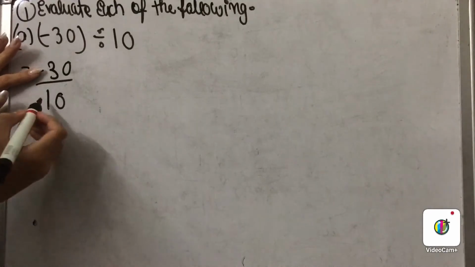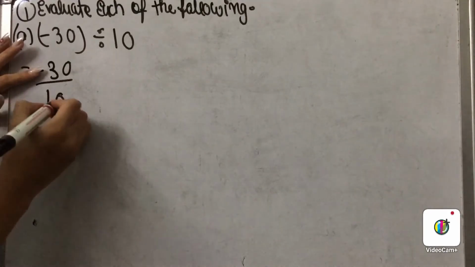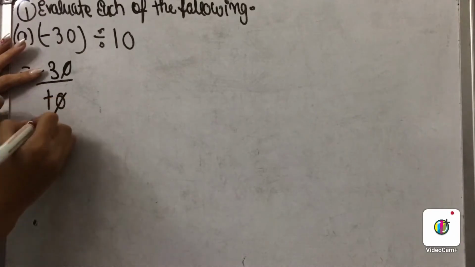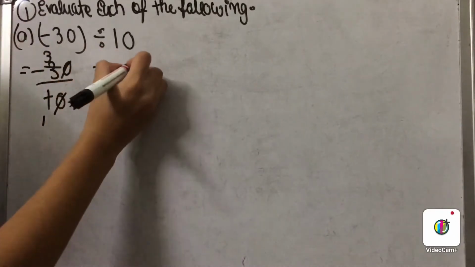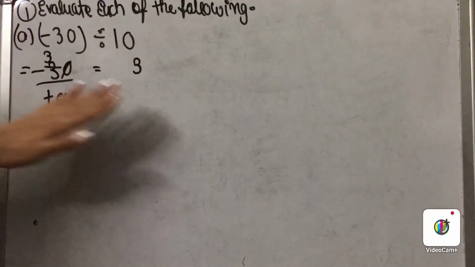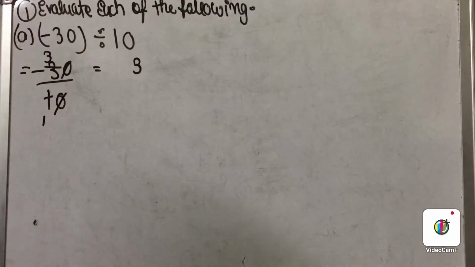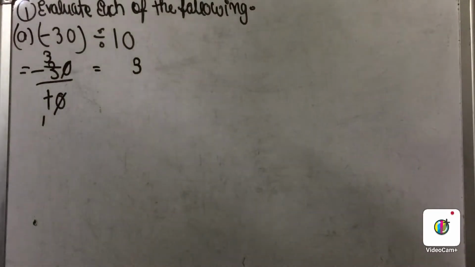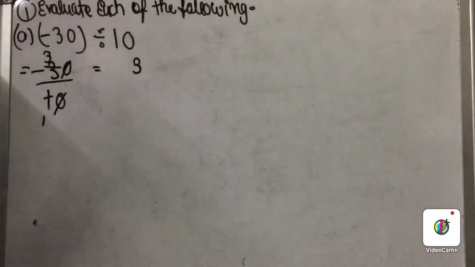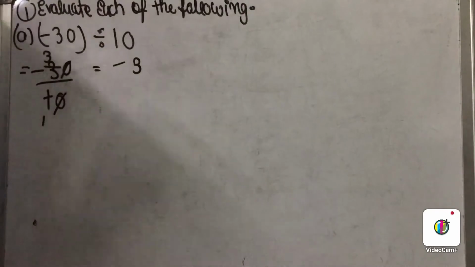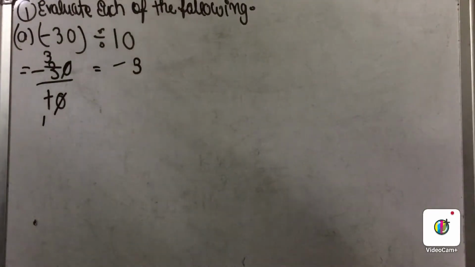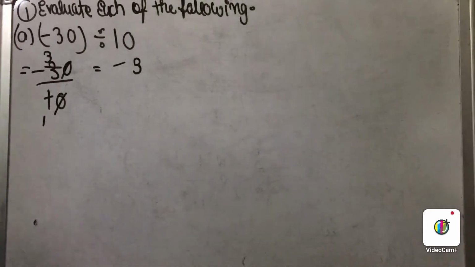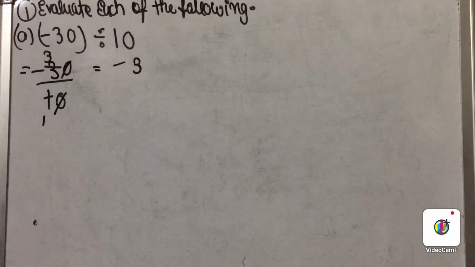So simply, what is 30 divided by 10? It is 0 cancelled by 0, and 1 ones are 1, 1 threes are 3. So 30 divided by 10 is 3. But one thing is there: which sign will come in front of 3? Plus, minus, minus. Yes, you have to put the sign in front of it the same way as we did in the multiplication. So this was our first part. Now let us move to our second part.